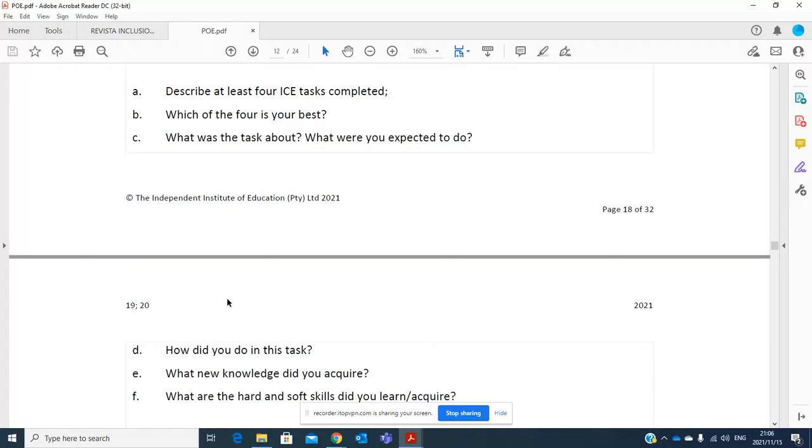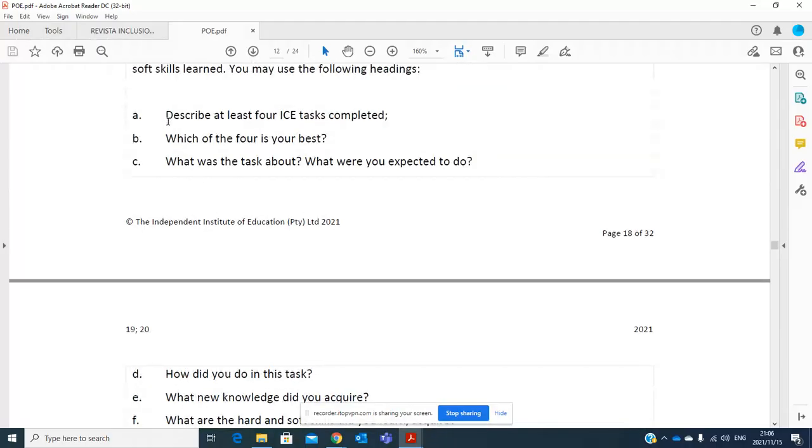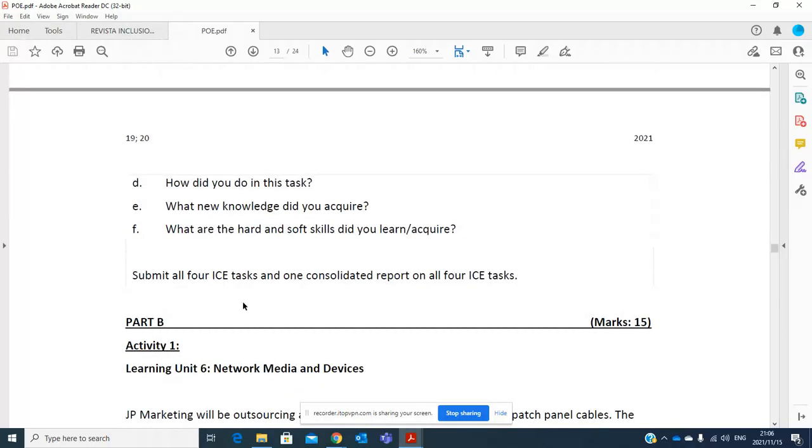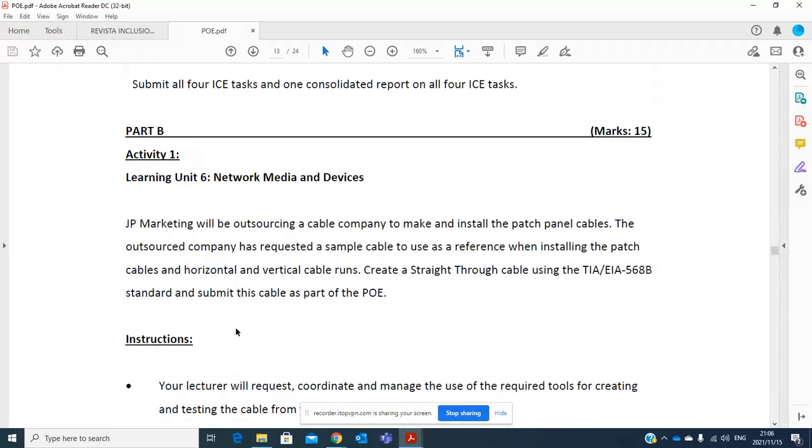You described at least 4 ICE tasks. We will get to what is needed here. Which of the 4 is your best? What was the task all about? You'll answer the questions there, and then you'll move to question B.